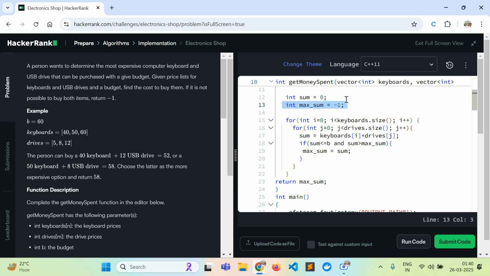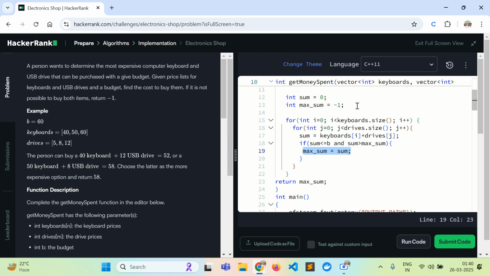Because max sum is only -1. So for the first case, at least it will go in, right? And for the second cases, it will check if sum is greater than max sum or not. And if both of these conditions are fulfilled, then in the end, we'll go and update our maximum. And this is how the maximum would keep on getting updated,